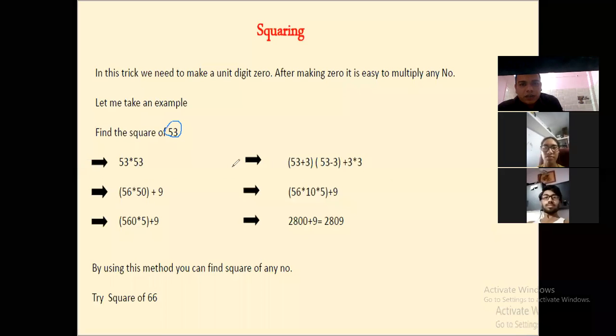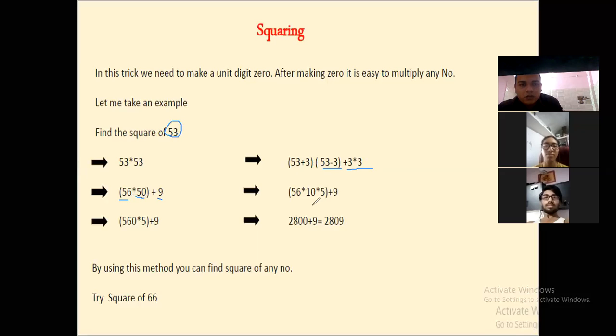So what we have done, we have added 3 to 53, simultaneously we have subtracted 3, and then we have added 3 into 3. So 53 plus 3, we are getting 56. 53 minus 3, we are getting 50, and 3 into 3, we are getting 9. So for multiplying 56 into 50,